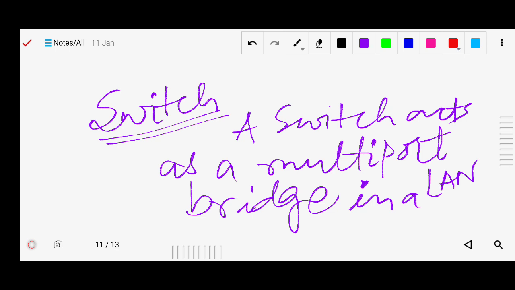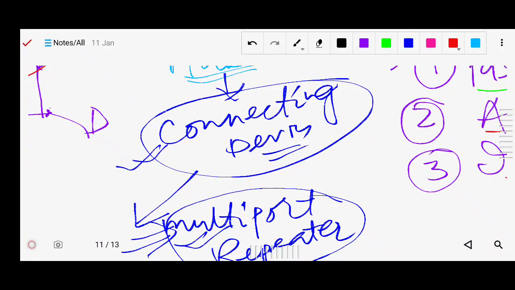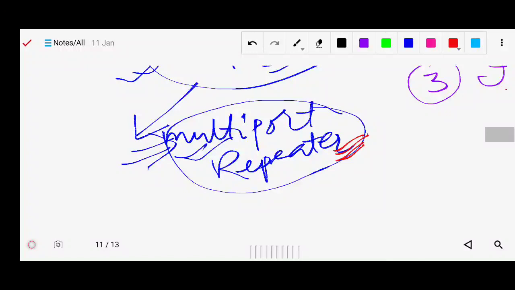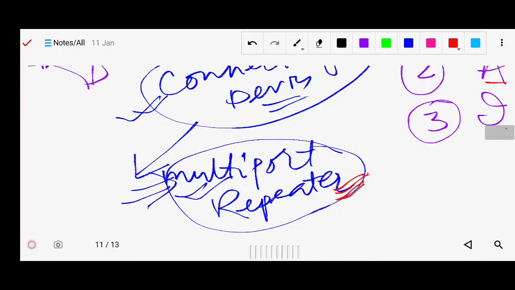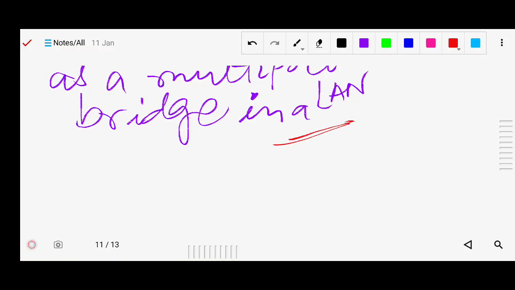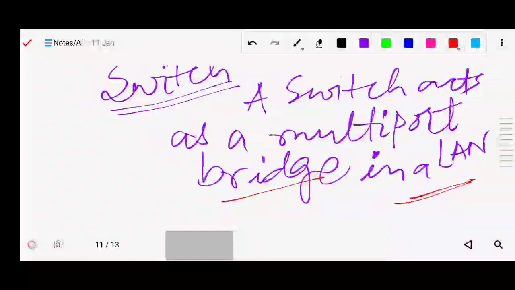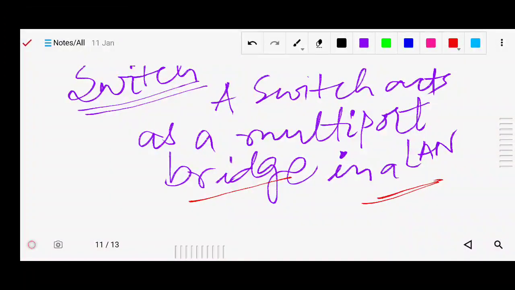As you have seen, in the case of a hub, I told you it is a multi-port repeater. That is the technical meaning: multi-port repeater. But in the case of a switch, I told you it is a multi-port bridge. About the bridge we will also see. So first of all, a switch acts as a multi-port bridge, and